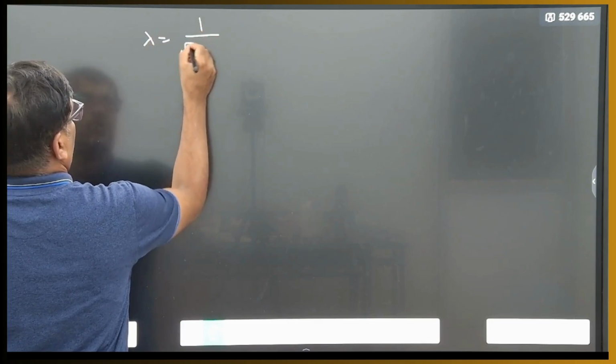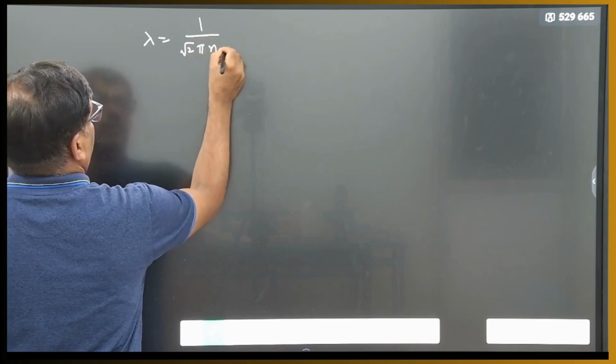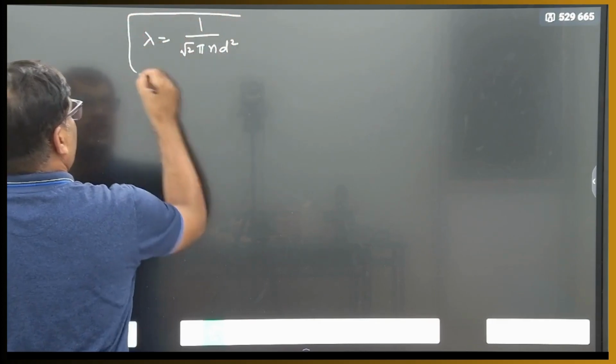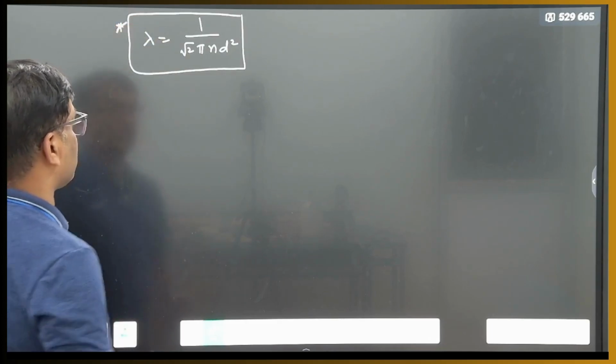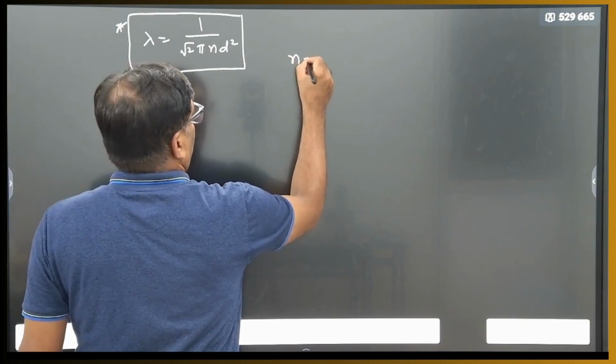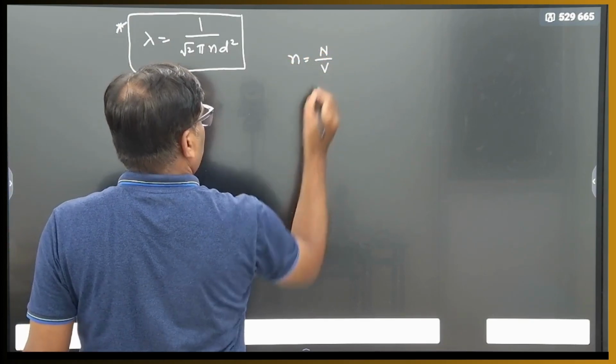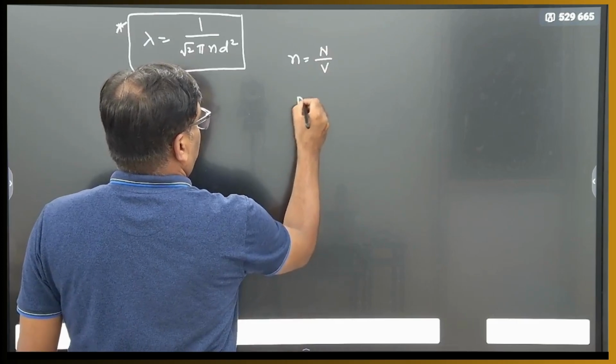1 by root of 2 into pi into n into d square. Mostly the formulas, this formula itself they are asking in the examination. So we'll see. So n is what? Therefore number of molecules per unit volume. So what can you write it now? PV is equals to